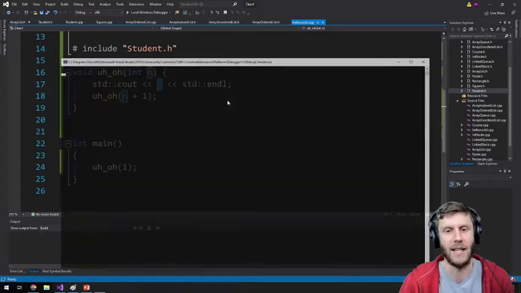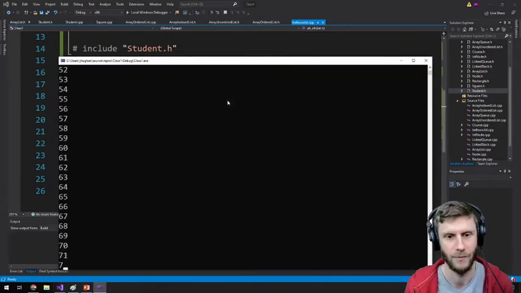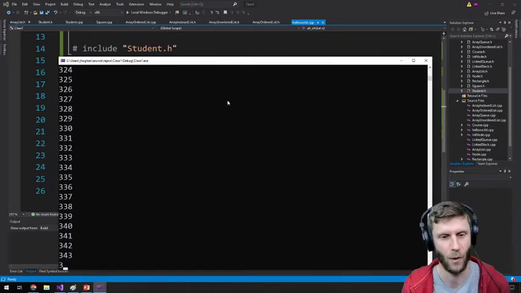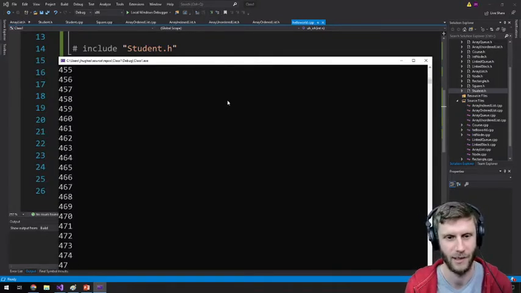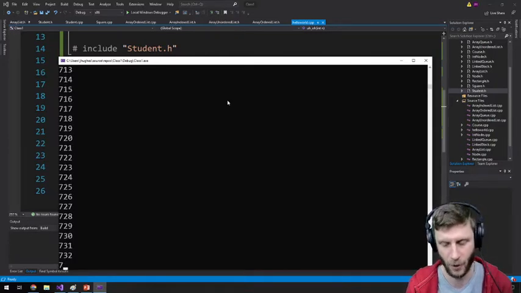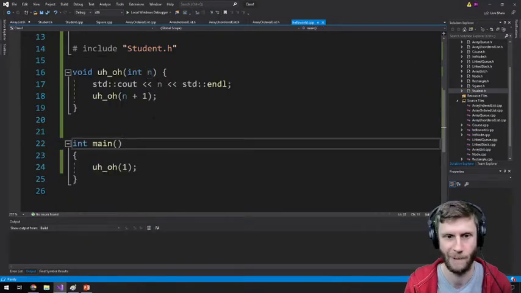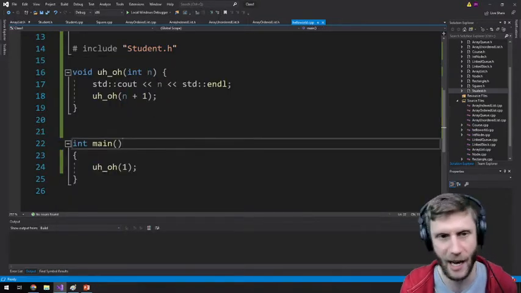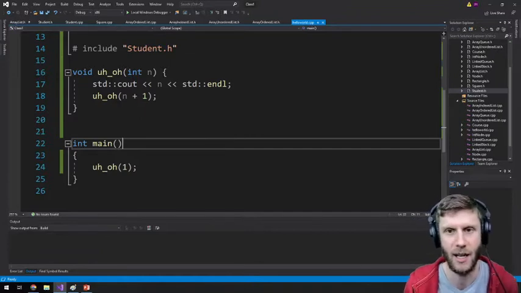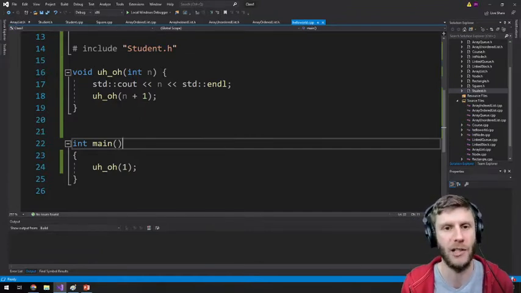So let's see. I wonder when it'll quit. So the problem here, I'm going to stop this. The problem here is printing out is actually remarkably slow.